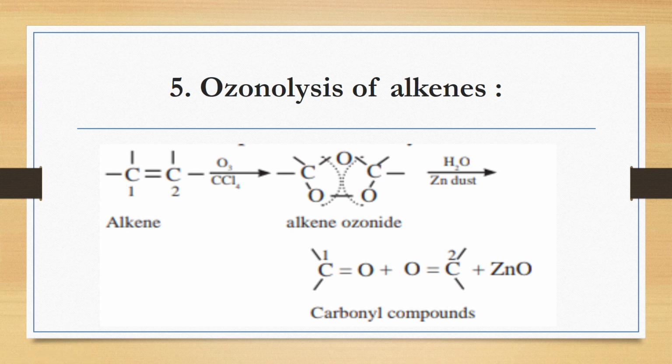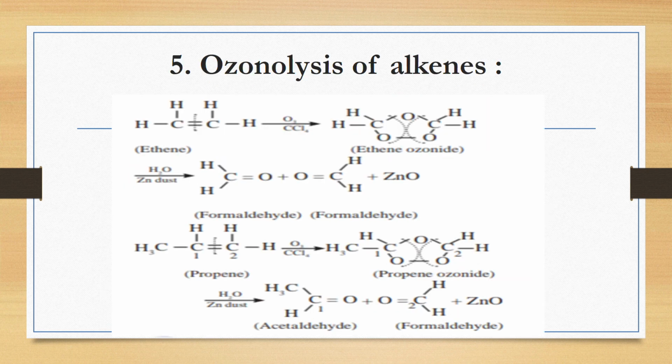Let's take some examples. Here is ozonolysis of ethene. The ethene double bond will break. Now see, wherever the double bond is present, there the O3 molecule will get added. And how to add it? 1 oxygen between 2 carbon atoms, and then the remaining 2 oxygen atoms, 1 at each carbon. So this ring will get formed over here between 2 carbon atoms.